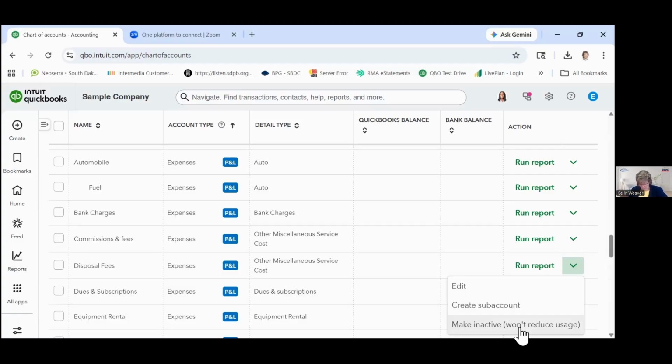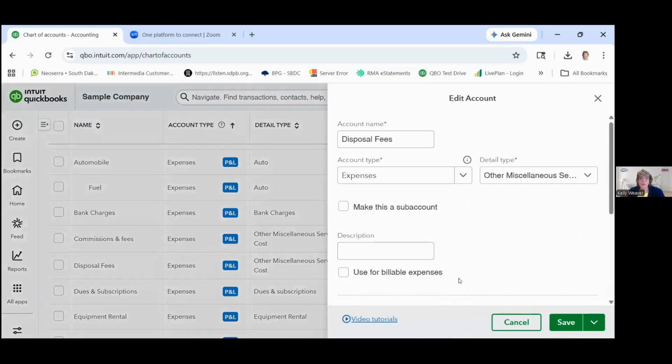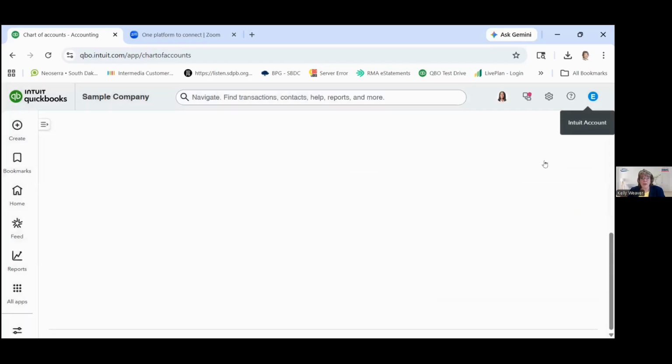We talked about a chart of accounts, or not a chart of accounts, we talked about account numbers. That is not activated. If it was, there'd be a field here that would allow you to put in an account number. So if you're saying, gee, I want to use account numbers, but it doesn't look like my QuickBooks allows me to do that, or if you find yourself saying something like, I think this feature should be available, go back to that gear icon, and it might be just that it hasn't been turned on. So in this case, account numbers is not turned on. We could go do that and have that available.